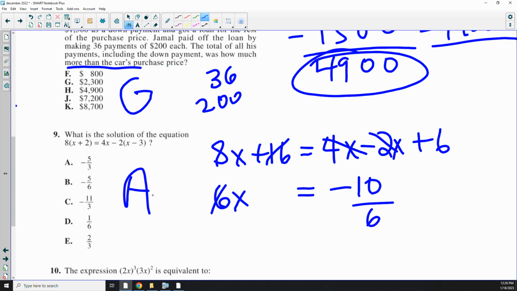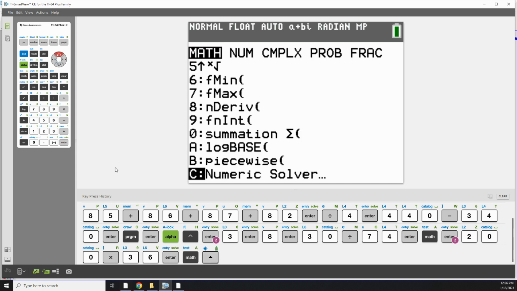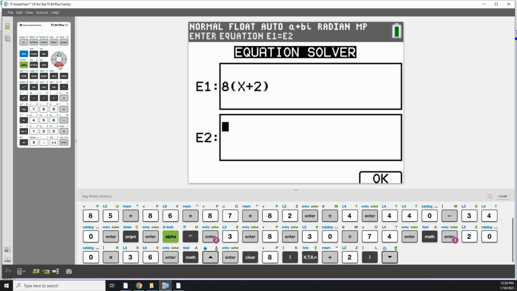MathFrac. Also of note, for those that take my course, there's an equation solver on your calculator, and all you have to do is enter the sides in order. For the left side, it was 8 times (x plus 2). And the right side, it was 4x minus 2,